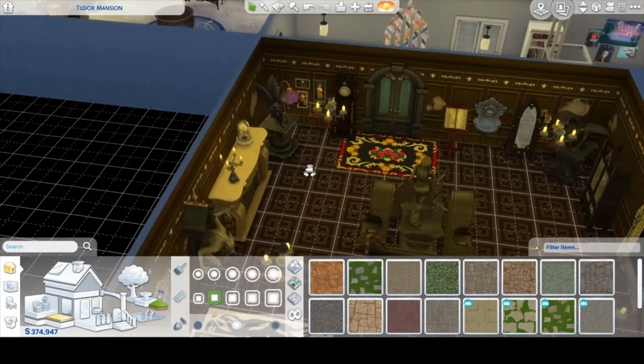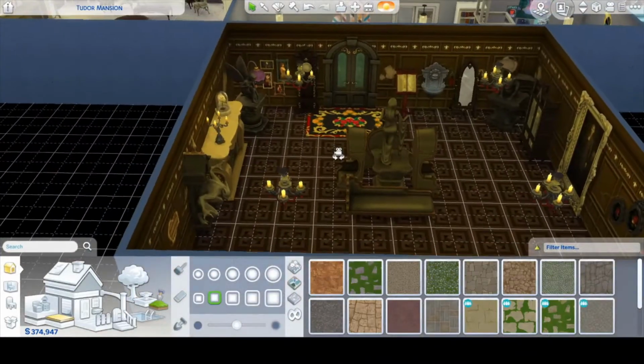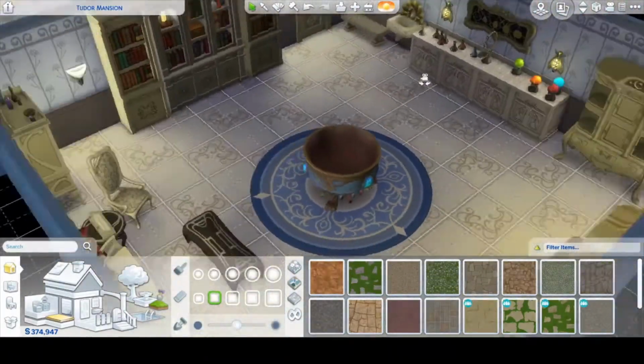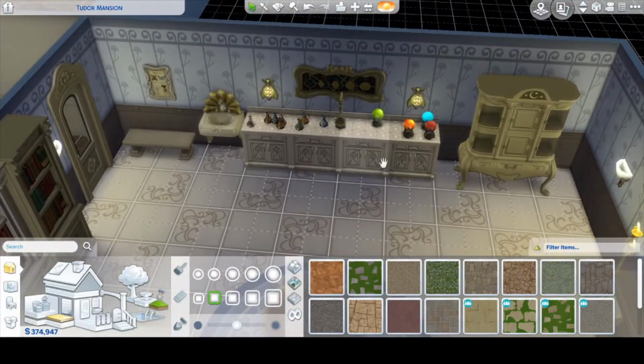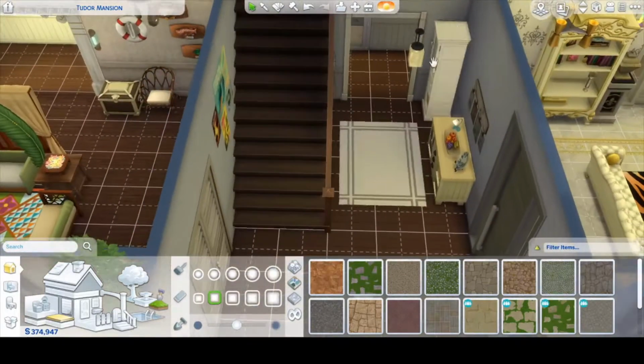This room is such a mess, but I love it. It's so chaotic and creepy to have a vampire lair in your house. That's weird, isn't it? And then a quick little view of the magic lair. Pretty neat. I love it. Okay, back to me. Now if we go upstairs,